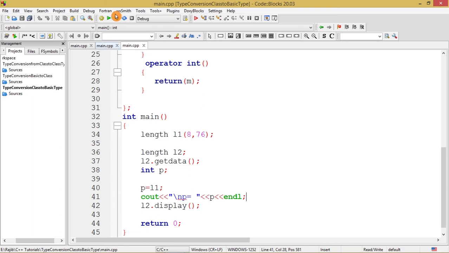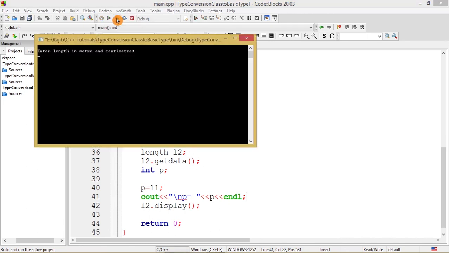So let's go to build and run to see the output and see whether we get the desired expected output. Enter length in meter and centimeter. Suppose I give the meter value as 7, centimeter value as 89, so it is 7 meter 89 centimeter, and press enter.